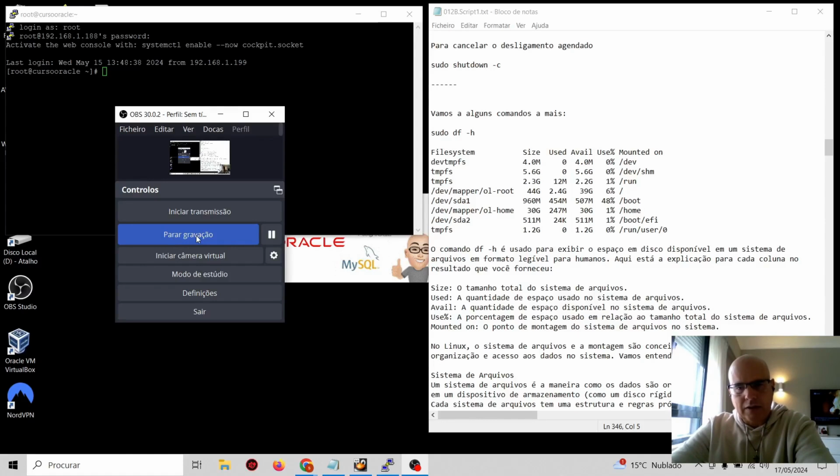So in this class, we're going to continue executing some basic Linux commands, specifically Oracle Linux in this case, but these are commands you find in all Linux distributions. All right? It's important for you as a database administrator, as an Oracle database administrator working on Linux, to have an idea of how it works. It's good because in your daily routine, you have to use some of these basic commands,